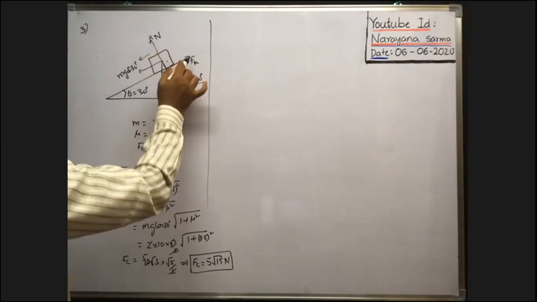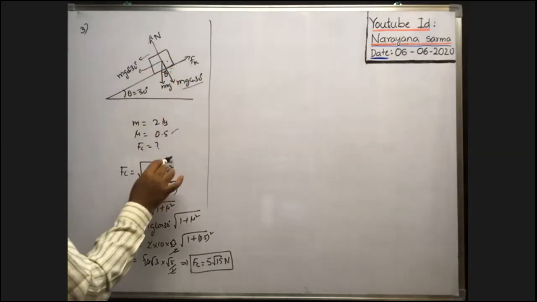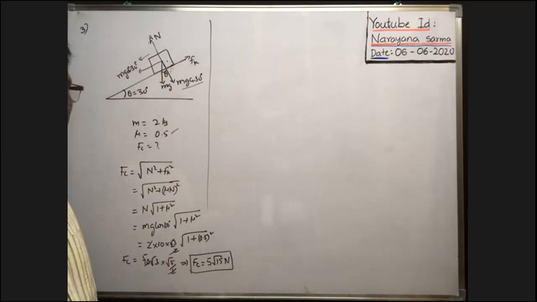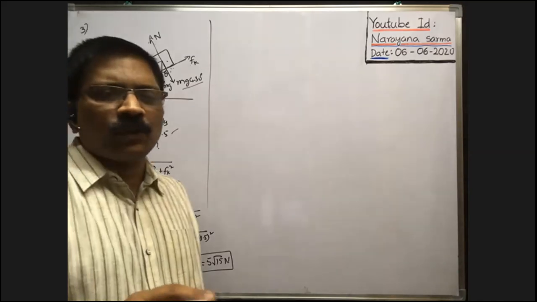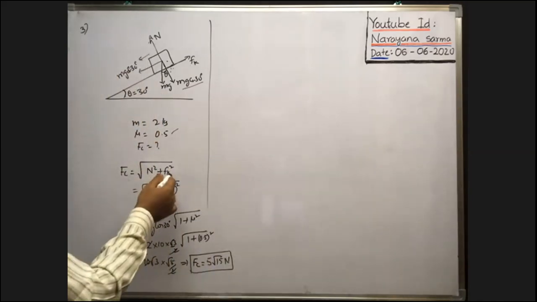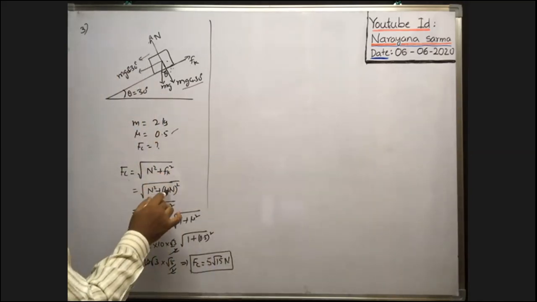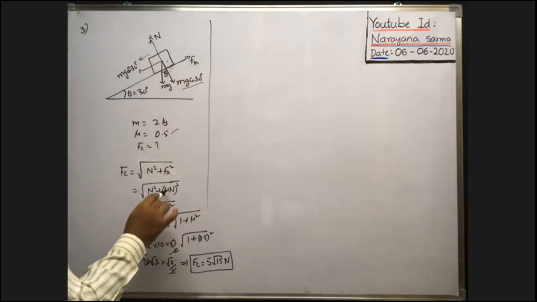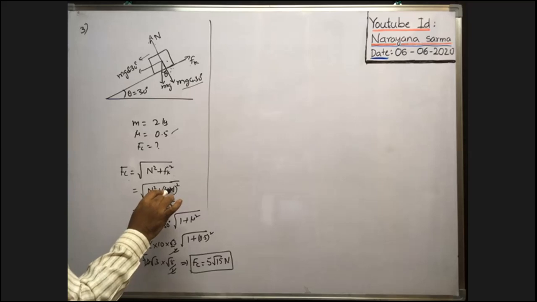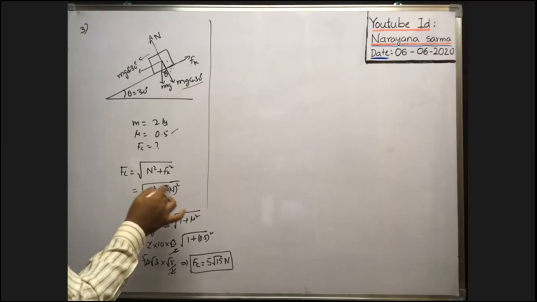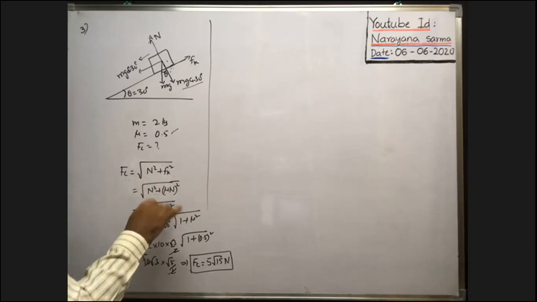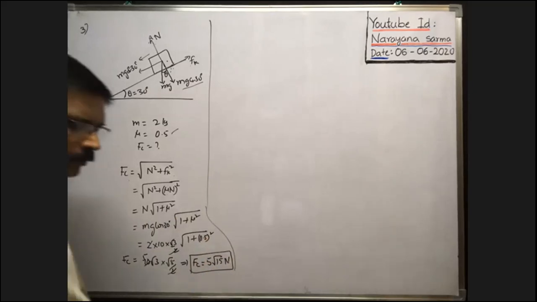As these two are perpendicular, when two forces act on a body at right angles to each other, the resultant force is equal to square root of N square plus Fk square. Fk we can write as mu into the normal reaction. In this case, the normal reaction is equal to mg cos 30. First, you write the normal reaction only. Here N square is there, and here N square is there. You take it common and write it outside the root. Then you will get N into root of 1 plus mu square. When you substitute the data, you will get the answer like this. Okay. Note down.